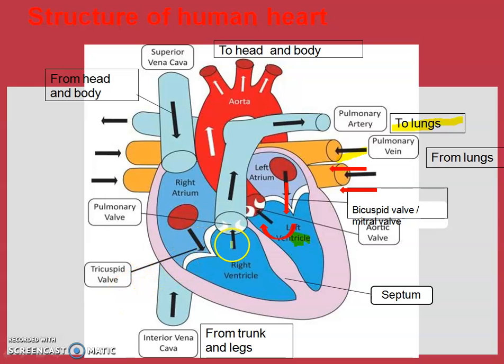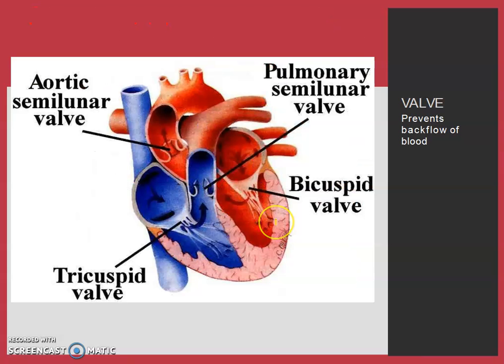Then there is another valve, the pulmonary valve, in the pulmonary artery, and the left ventricle pumps the blood into the aorta, where there is a valve known as the aortic valve. Soon after, the aorta divides towards the head and body parts. You can see it then goes down and supplies blood to the whole of the body. This is the process, and this is the structure of the heart which you have to draw. Make it easy for yourself and practice this drawing. Then come to the next.